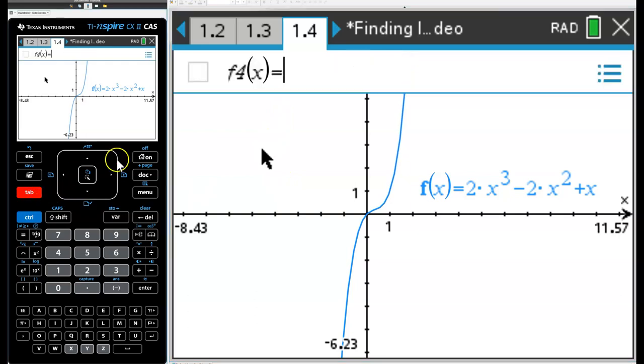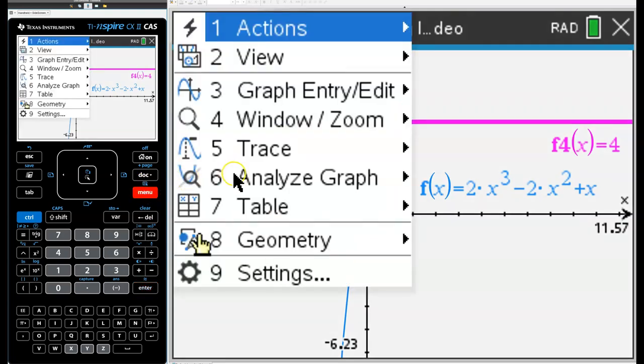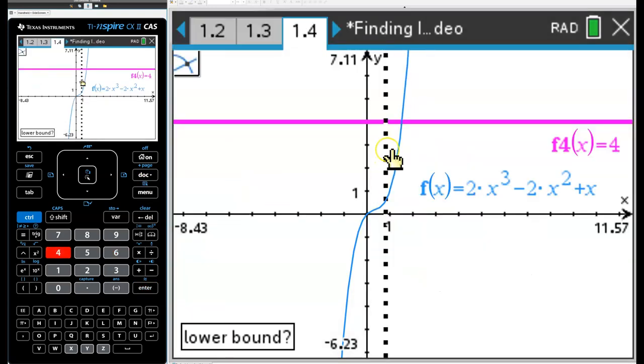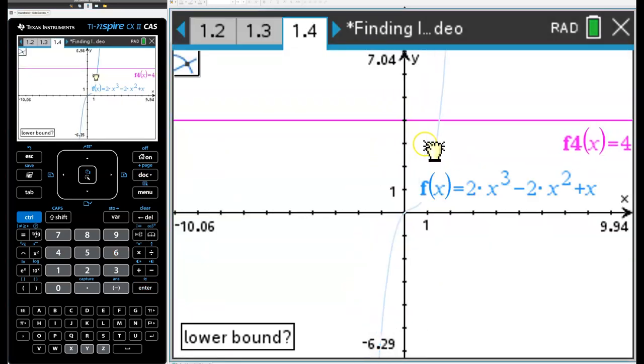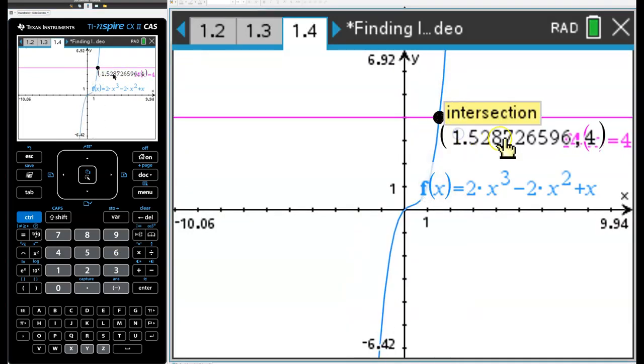I'll hit tab in order to graph another function. I'm just going to graph the number 4, and we now have an intersection right here. So menu, analyze graph, and intersection, and I'm going to go left. It keeps grabbing. Left, right, and then there's our solution,